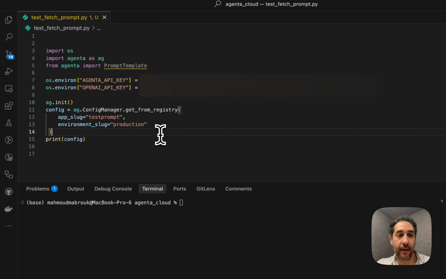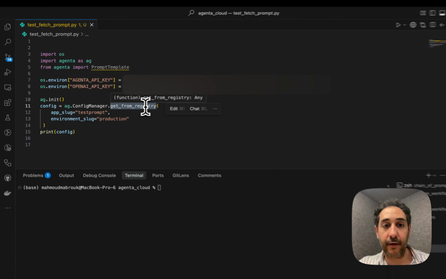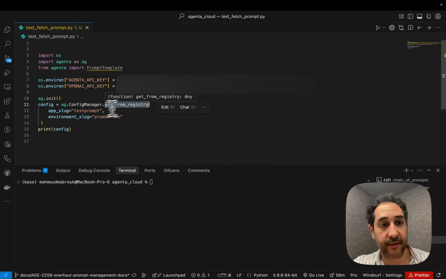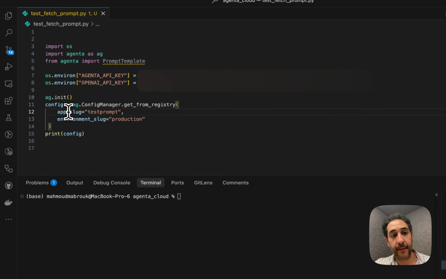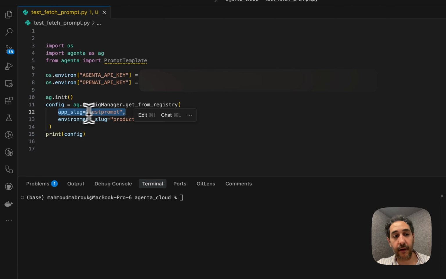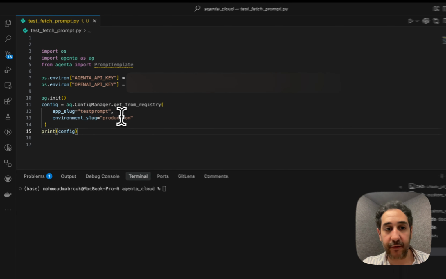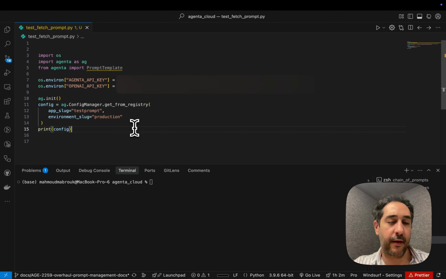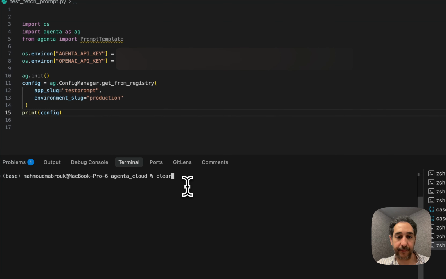So here I'm using the function get from registry, which fetches the prompt from Agenta, and I need to provide a reference on where to find the prompt. So I provide the name or the slug of the app we created, which was test prompt, and the slug for the environment. I could also fetch a specific revision within that environment, or even a specific commit from the variant, so pre-production. And if I run this here now,